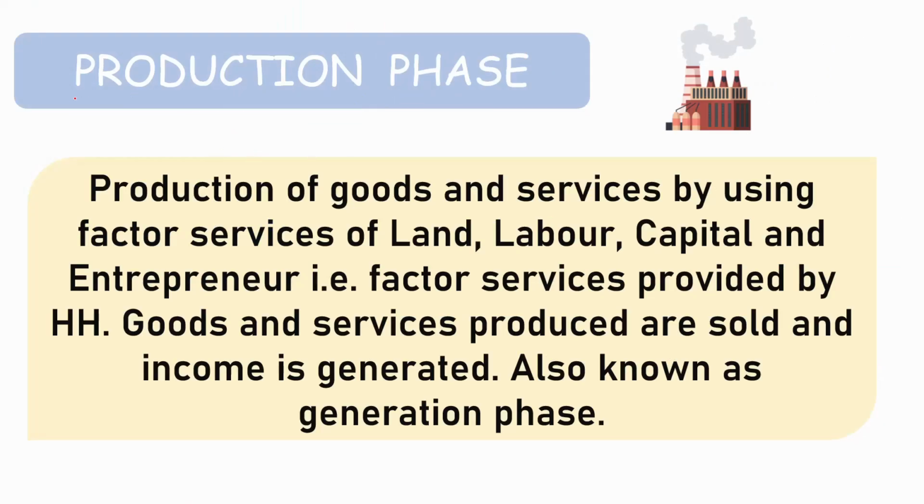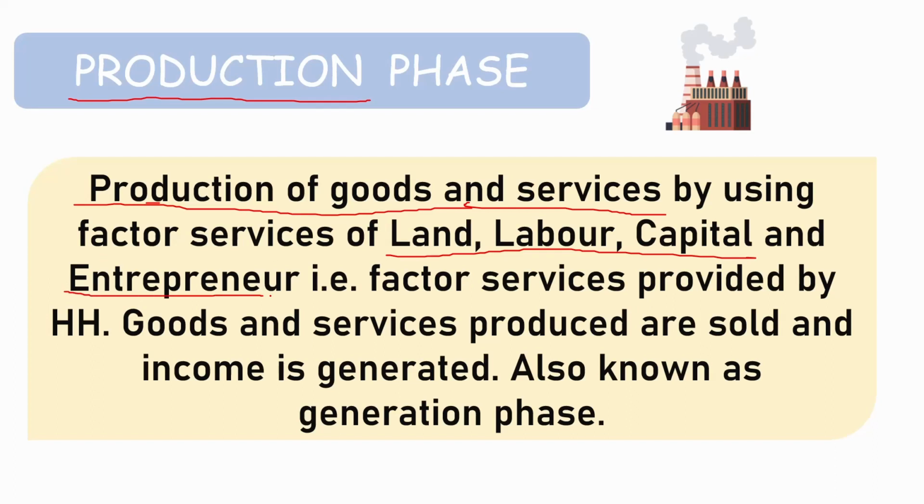So first phase is production phase. Production, that means something is being produced, something is being generated. So here in this sector, production of goods and services. So what important thing happens is production of goods and services by using factor services of land, labor, capital, and entrepreneur. That's factor services provided by household. So these are the four services which are provided by household: land, labor, capital, and entrepreneurship. So these are four services provided, and collectively we call it factor services. These are provided by household,